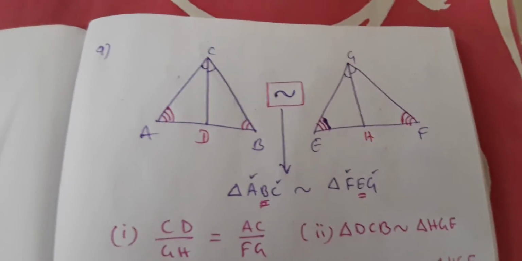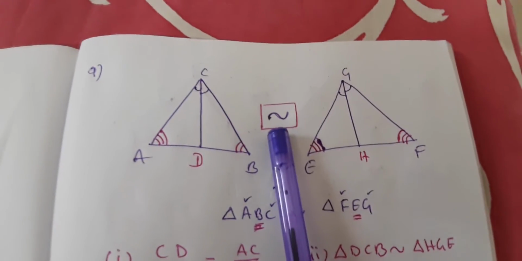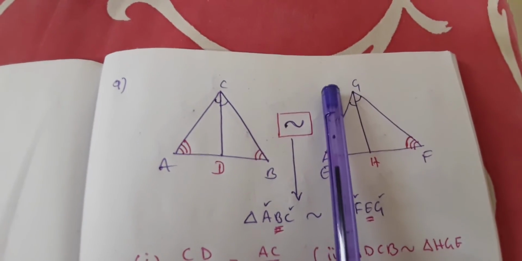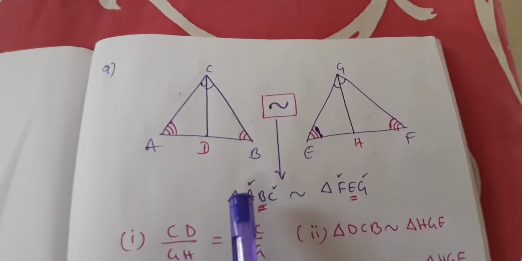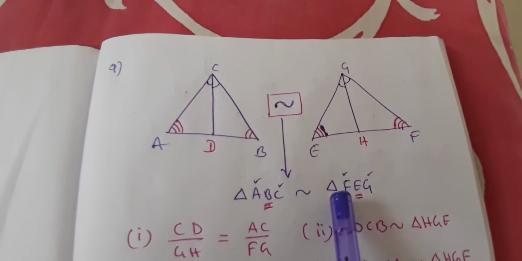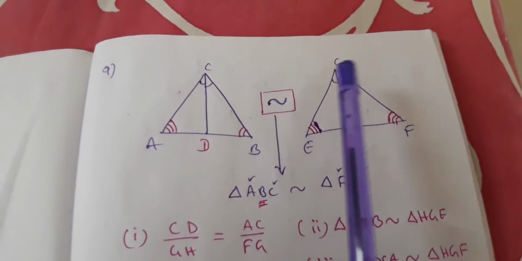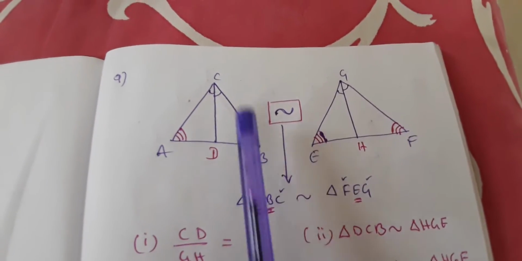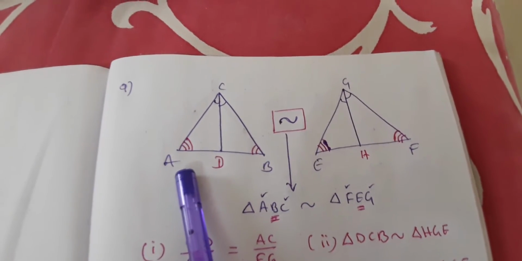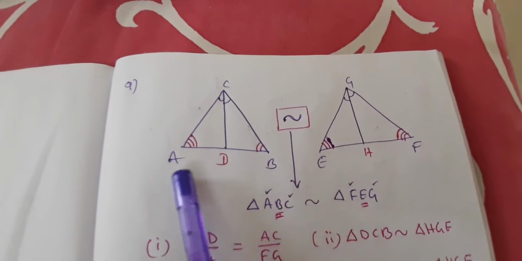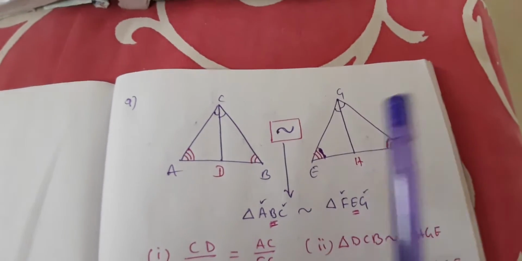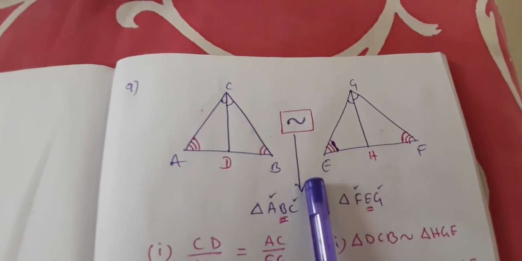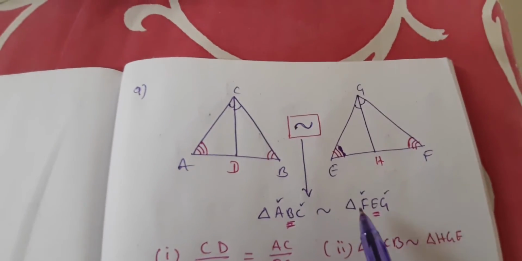So now this is how the diagrams are. Here similar, but see, it is not like A, B, C condition and E, F, G. It is not like that. What did he give? Similar. ABC is similar to FEG, not EFG, children. Please remember that. Okay. So here he is saying, like, normally I drew ABC. Why I drew like this is because almost all the children will be drawing directly ABC and EFG. So I showed you people, like, suppose if at all you are drawing it like this, then what caution you have to maintain. So here which is given FEG.